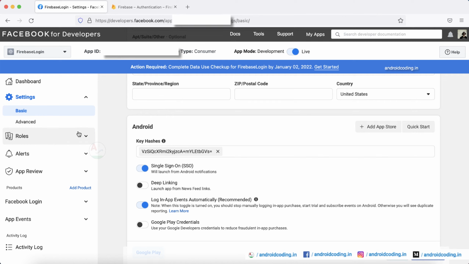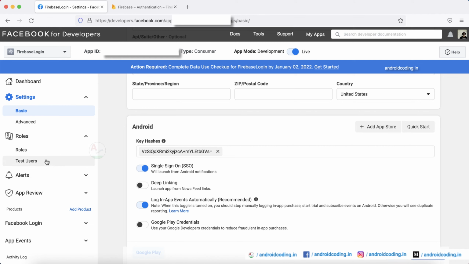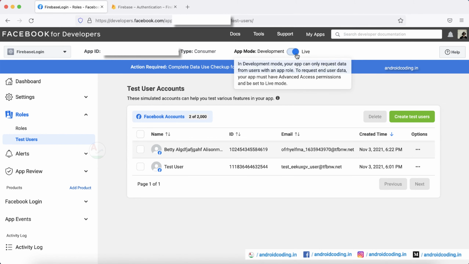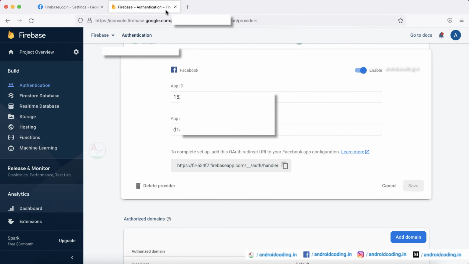And also let's see, so these are the test users. Under the roles section here you will have the test users, and also you can create new test users. By using these test users you can primarily log into your Facebook account, and later on you can also make use of your own Facebook accounts as we have moved from development mode to live here. Also you need to add this callback URL into your Facebook app configuration to make the authentication redirect.